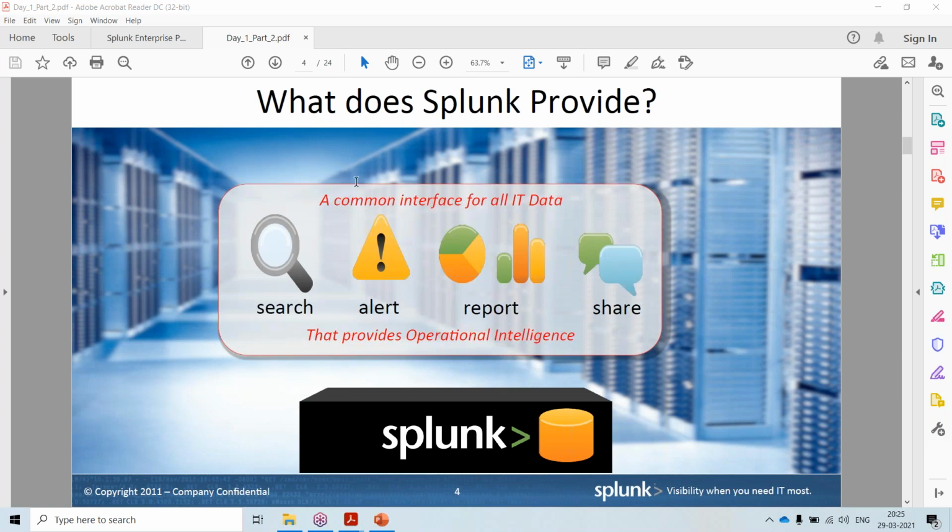So what are the features that Splunk has? You can write your SPL queries. With SPL queries, if you want to know how many people are logged in, or the top 10 transactions, or the top 3 products, you can get it. And there are some other features like alerts and reports.